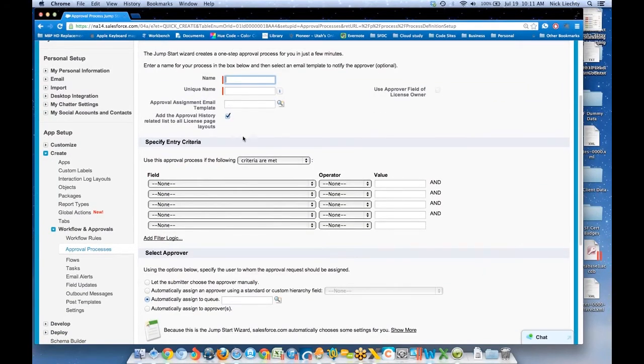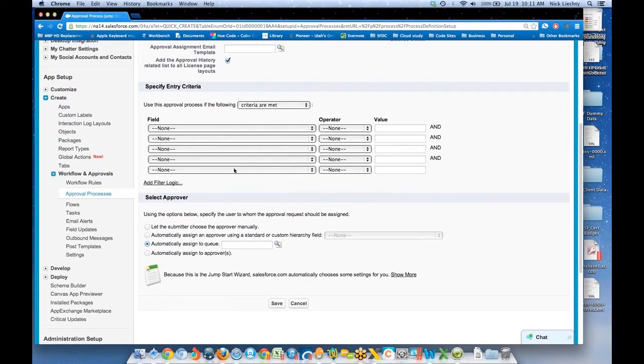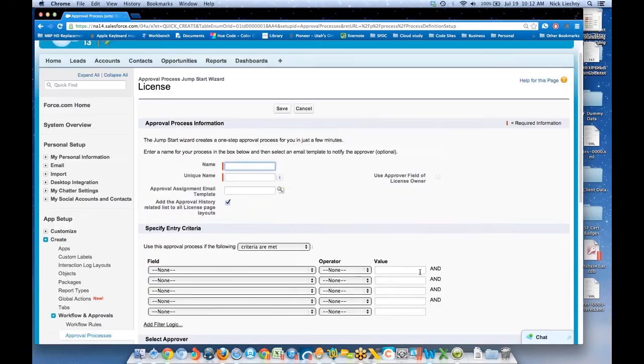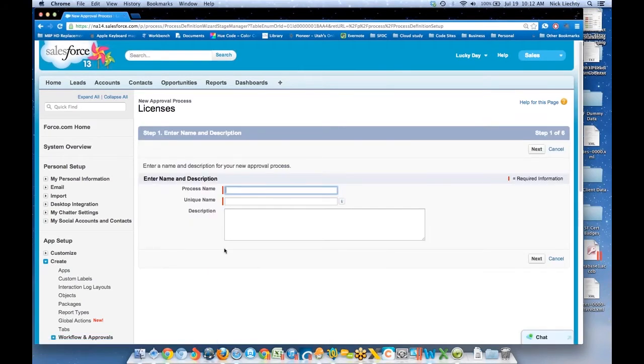Give it a name, choose which email template you're going to be using, and then select criteria fields for how it's going to enter the process, who's going to be the approver, click Save, and then that's pretty much it. So that's a very, very simple approval process that you can use by using the Jumpstart wizard, or we're going to use the standard setup wizard, which is a little more complex, but it gives us a lot more flexibility